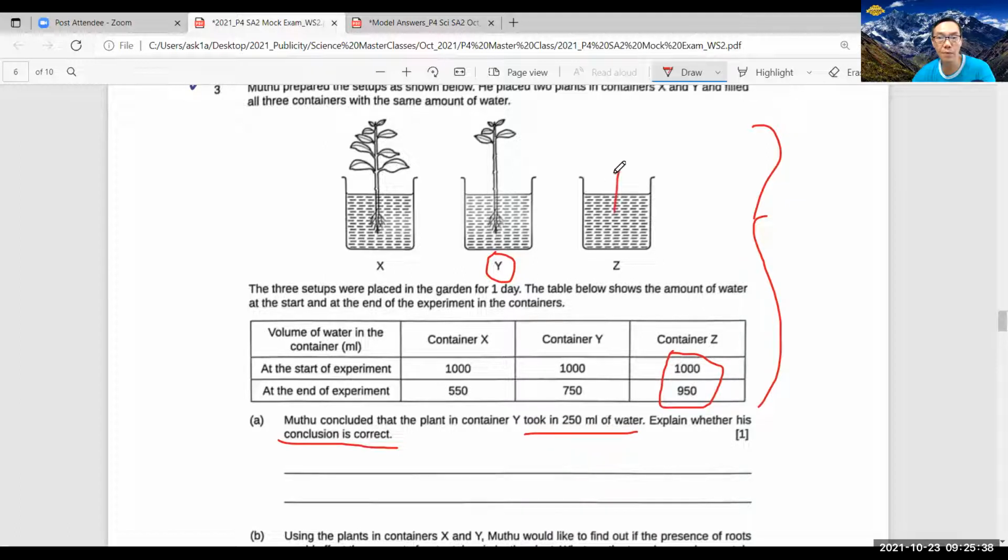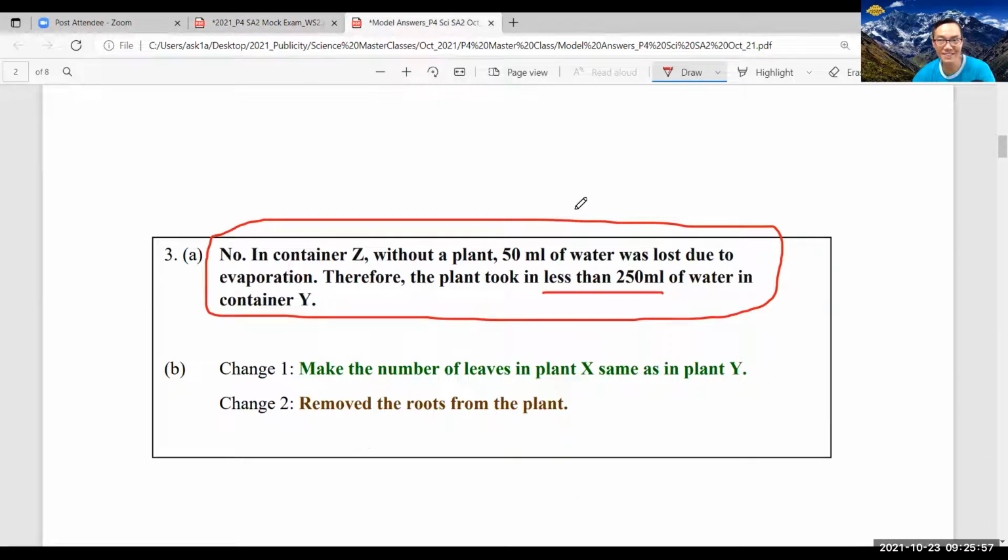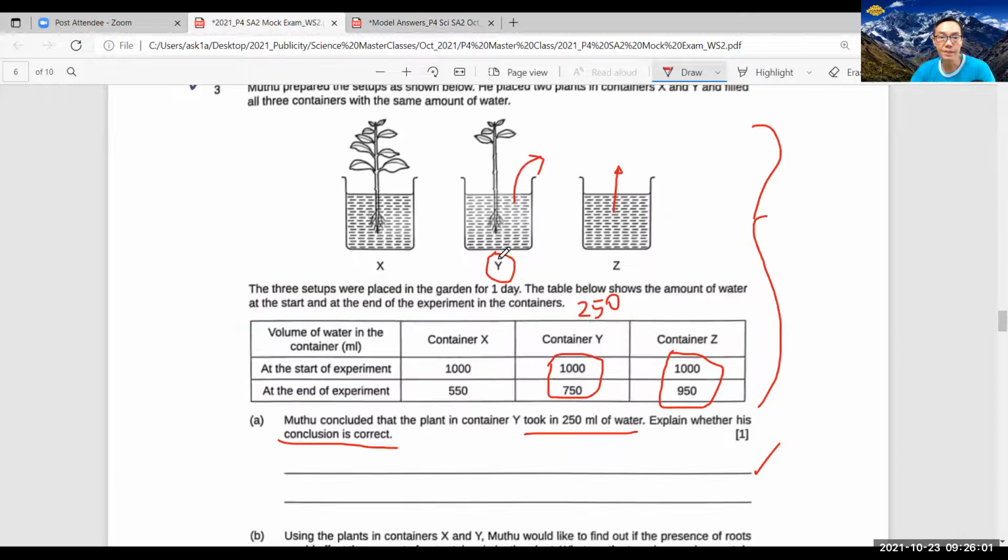That means 50 ml of water has evaporated. So although if you do it mathematically, 1000 minus 750, you get 250, that doesn't mean that the plant took in 250 because some of it has evaporated. So I hope that this explanation is crystal clear. Okay, so this is the answer. And next, the question asks you,